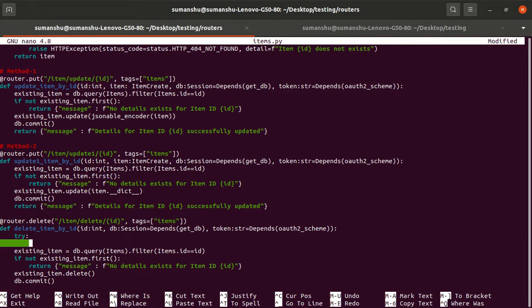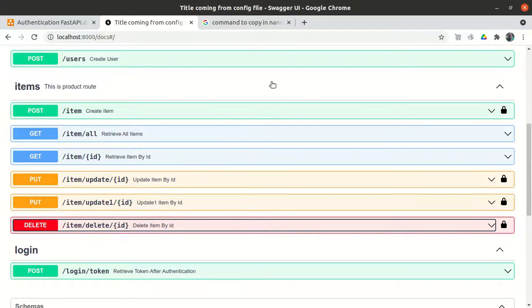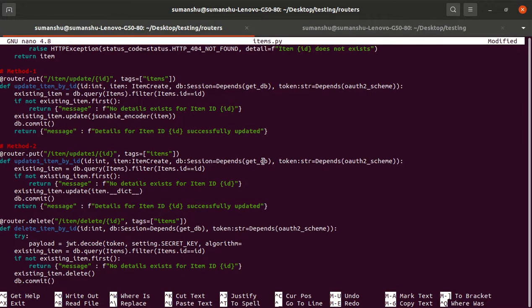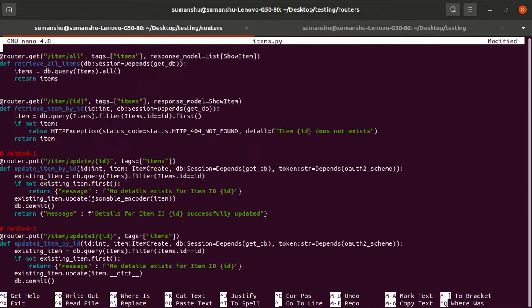So we have the token, so we have to get the payload first. How to get the payload? jwt.decode, same method, and we will accept the token, and from the settings we will accept the secret key, and we have accepted the algorithm. Is it algorithm or algorithms?